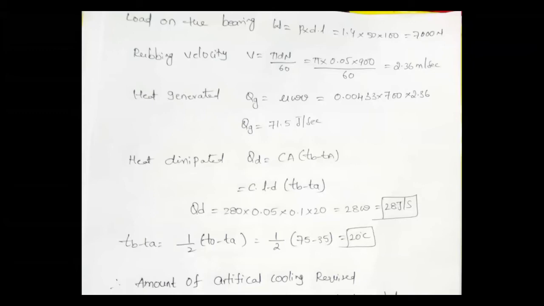Okay, I hope you understand this step. Load on the bearing is calculated based on your bearing pressure. Bearing pressure equal to W by A, load by area, right? The bearing pressure value is known and the area value is already available. Area is equal to L into D. So substitute the L value, the D value and your P value. Then you will get the value of W. So very, very easy step. I hope there is no confusion regarding this particular step.